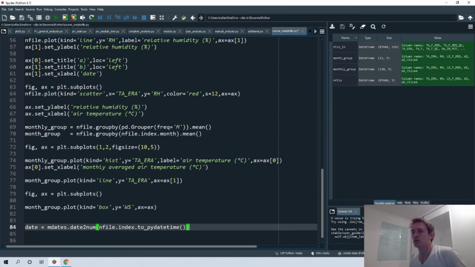Now this date will be a number that Python will recognize as which day, which month, which year it is. So for each value, Matplotlib will recognize which date or time that value actually is. Okay.